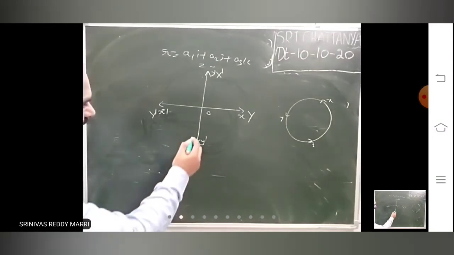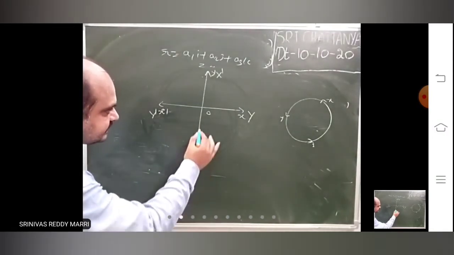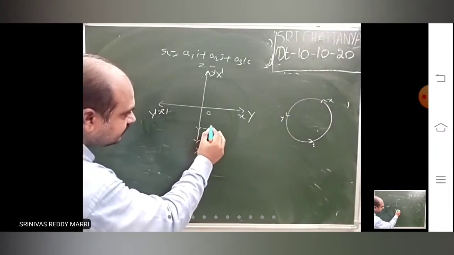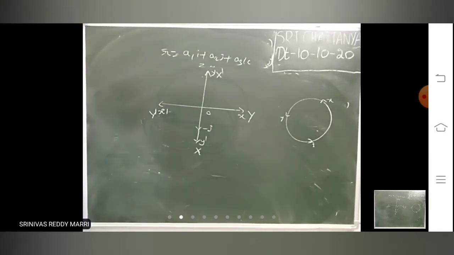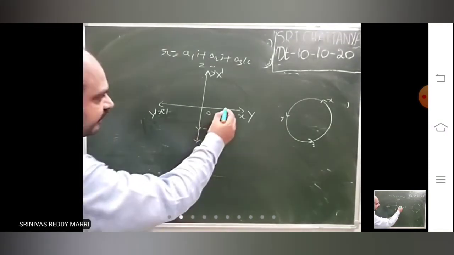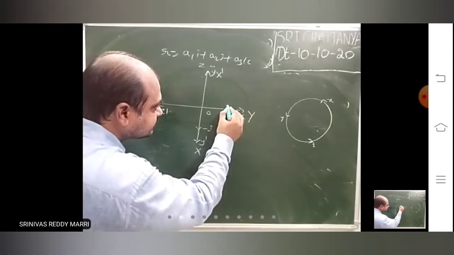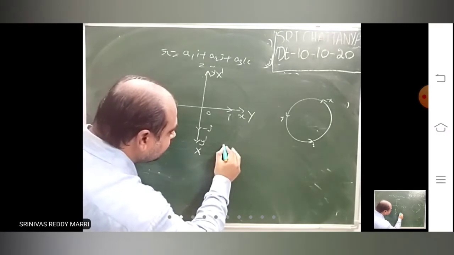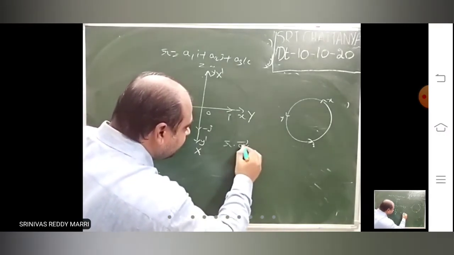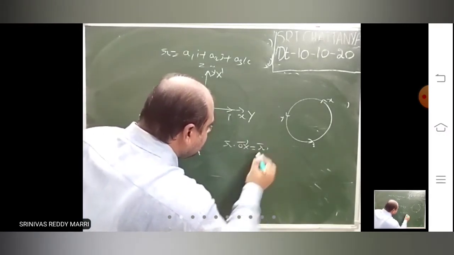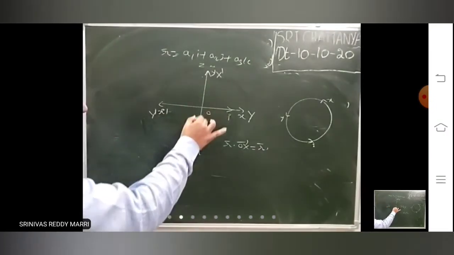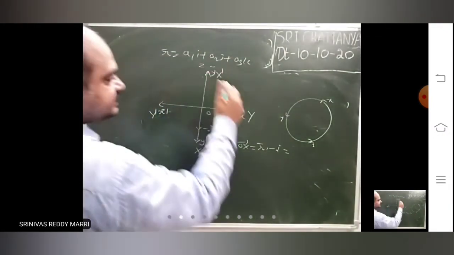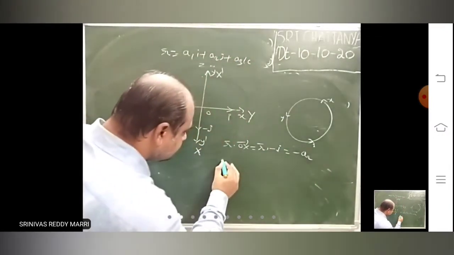So what is the new x-axis? New x-axis OX is this. OX is this means along this OY dash. OY dash means what will be there? Minus J. Along OY means OX. In this direction, the unit vector is what? I. Therefore, R bar dot OX bar. What is OX bar? Minus J. R bar dot minus J is minus A2.